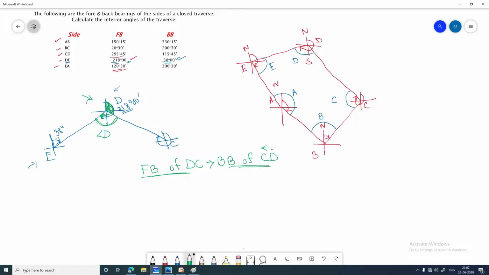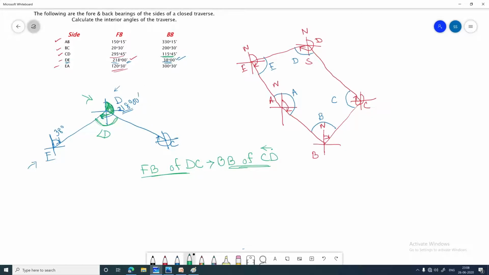The angle is this, and here it is not given, but here the back bearing of CD is given, right? So back bearing of CD, that means I need to see from D to C side, and definitely it will be the angle. And this angle is also the same for the forward bearing of DC, that we need to subtract from this total angle. So what will be the value of the forward bearing of DC then? Simply equal to the back bearing of CD, and back bearing of CD is already mentioned, 115 degrees